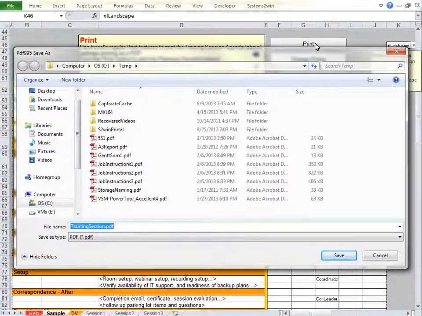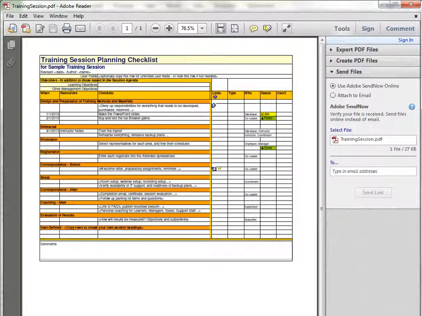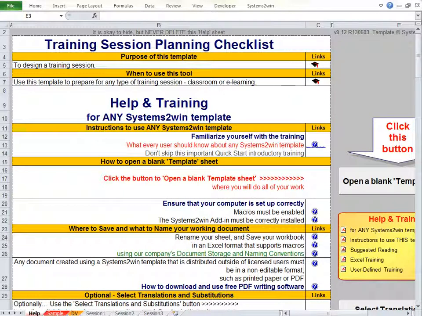And unlike the upper session agenda, which you can print to PDF easily using Microsoft's regular PDF features, if you want to print this lower half in PDF like we did here, then you're going to need more powerful PDF writing software. So it's a good thing that if you didn't skip the initial Quick Start training, you already know how to download and use free PDF writing software that's far more capable than what comes with standard Office.